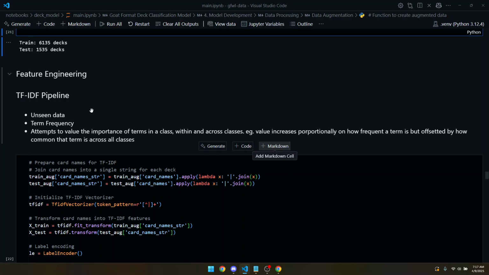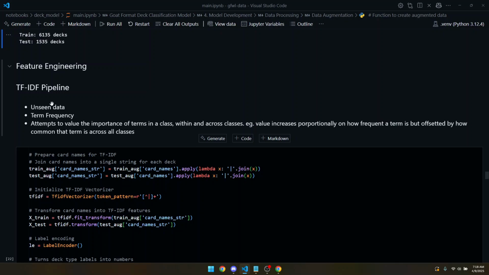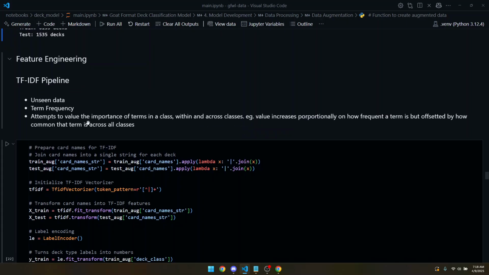And the method that we actually end up using is called TF-IDF. TF-IDF is the vectorization method that we use, and what it stands for is term frequency, inverse document frequency, I believe. And the cool thing with TF-IDF is that it does account for frequency. We'll talk about that in a moment; it's in the name as well, term frequency. And the cool thing about TF-IDF is that it attempts to value the importance of terms in a class within and across classes. So basically what that means is that,